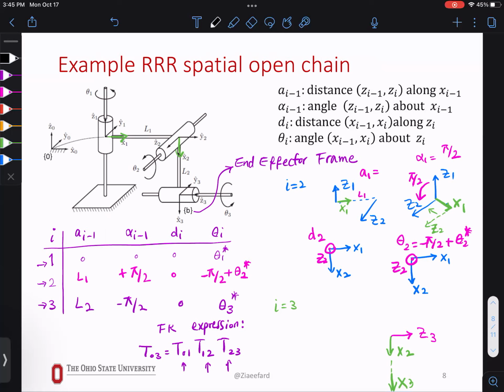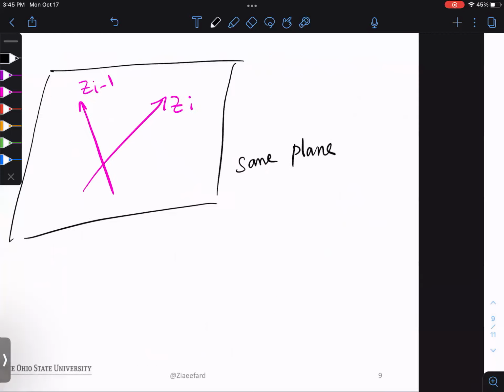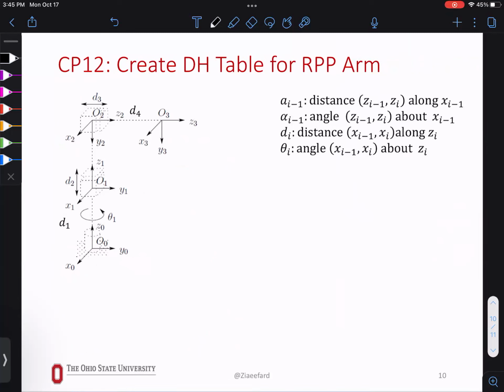So review the 3R as well. If you have a question, let me know. It should be straightforward because it's easier than this one. If you understood this one, all of those are a lot easier. Now, your class participation, let's call it a checkpoint. Here,